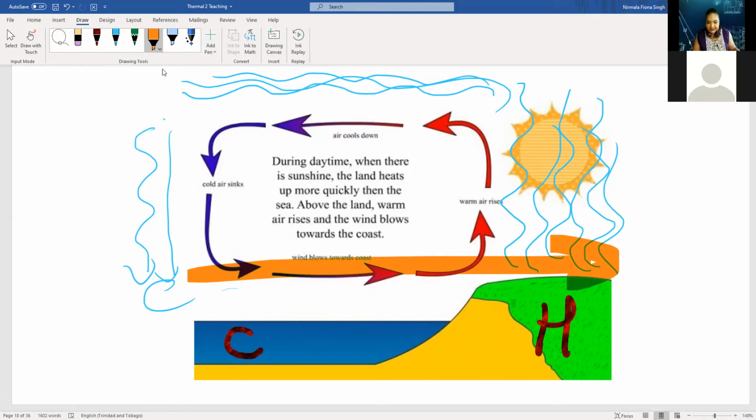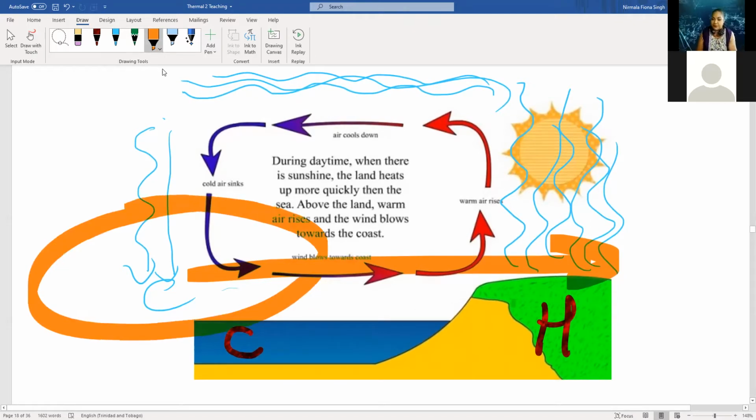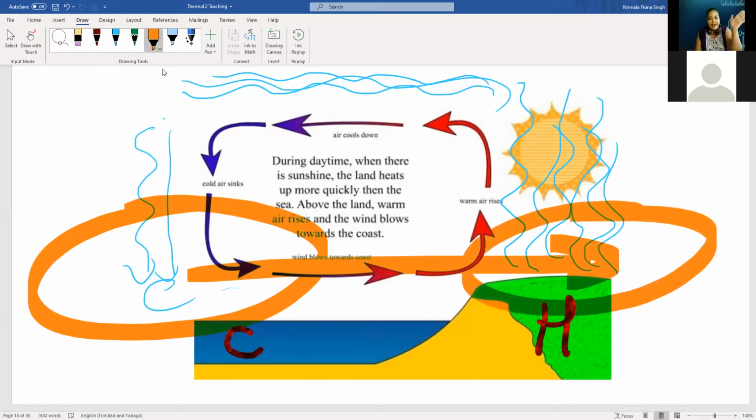What happens here? Because the air is rising, we end up forming a little vacuum effect, right? With less air, same thing like concentration. You all are chemistry students, right? We always have molecules wanting to move from an area of high concentration to low concentration. Guess where we have a higher concentration of air? Where the air is cold. Where are we going to have a lower concentration of air? Where our air is hot and rising,